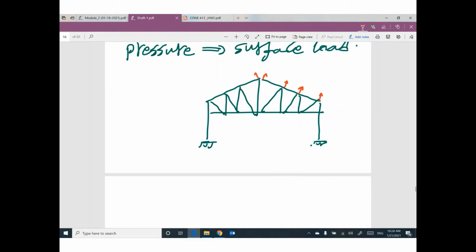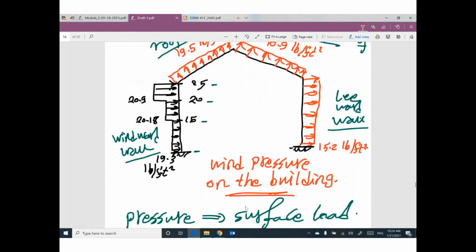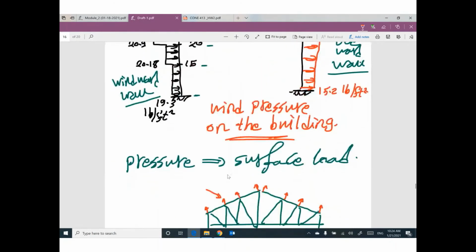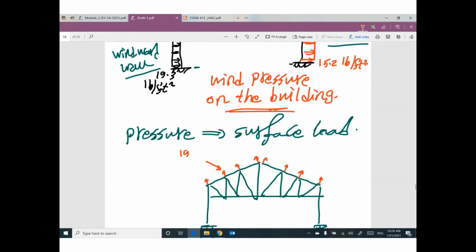This concentrated load is perpendicular to the truss surface. What is the value of this one? It equals this value of wind pressure, 19.5, times S times A. Do you remember that? S,